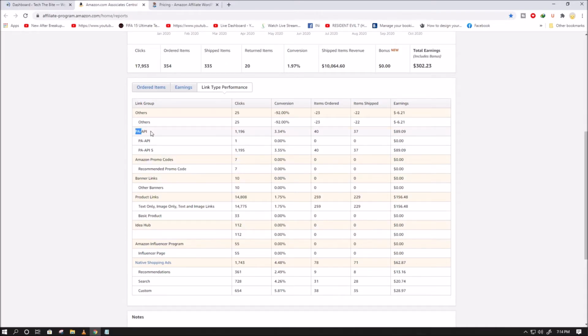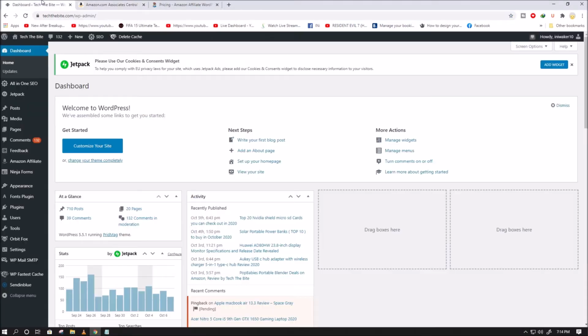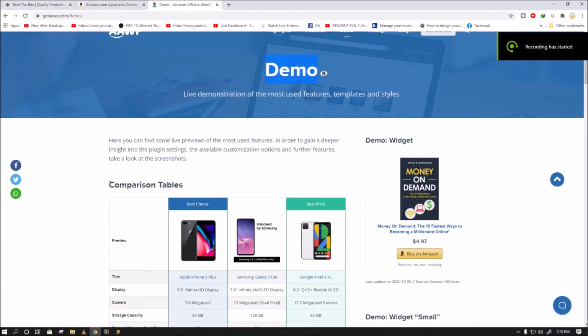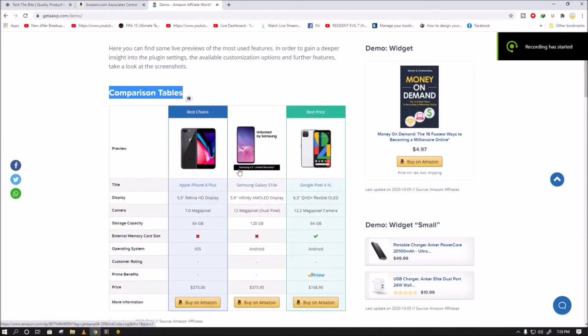This is my Amazon affiliate stats after I bought this plugin, and I generated $89.09 in just the first 14 days of usage, and normally I am able to generate only $25–30, which means it really boosts up my sales. Now let's find out how it works with a few simple demos which are already provided on